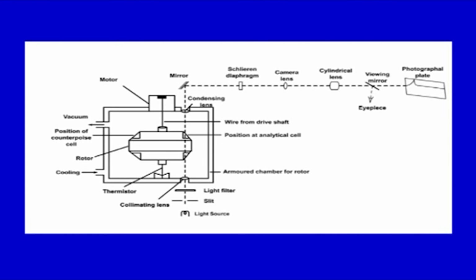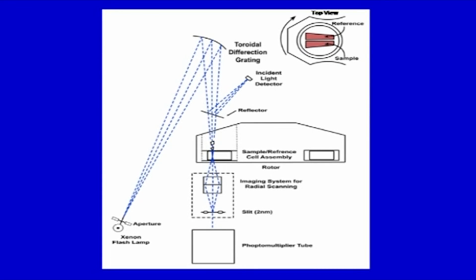There is another representation of this whole thing, where you can see that there is a lamp here, aperture, a toroidal diffraction grating, incident light detector is here and reflector. There is a sample cell, these are two cells in this particular rotor chamber. There is place for two cells, and here there is an imaging system, and finally a photomultiplier tube is utilized in place